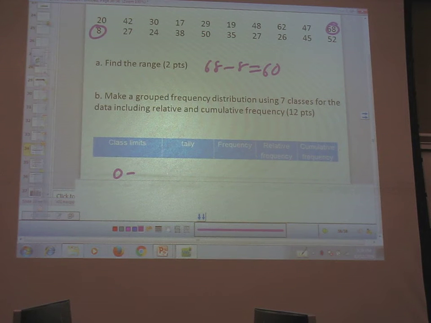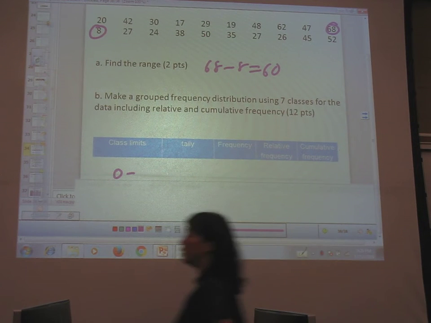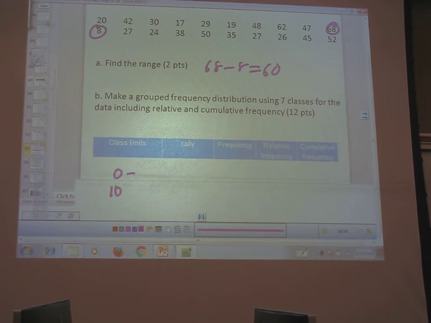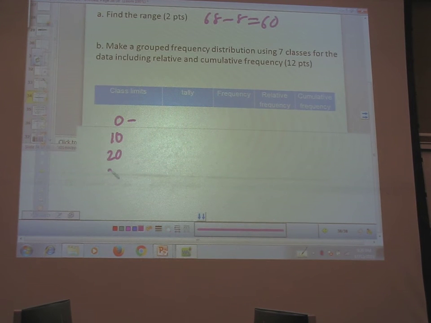Okay, so our class width is 10. So we start with 0. What's our next class start with? 10. Next one after that? 20, 30, 40, 50,